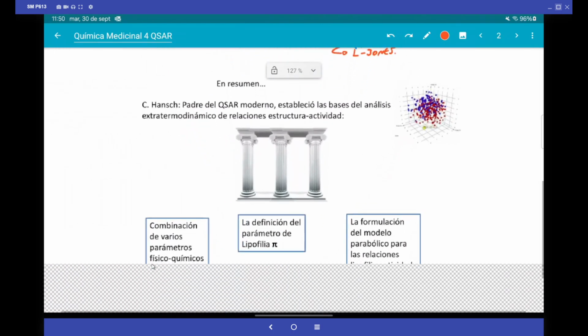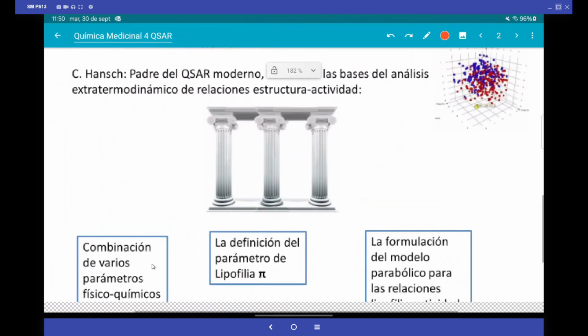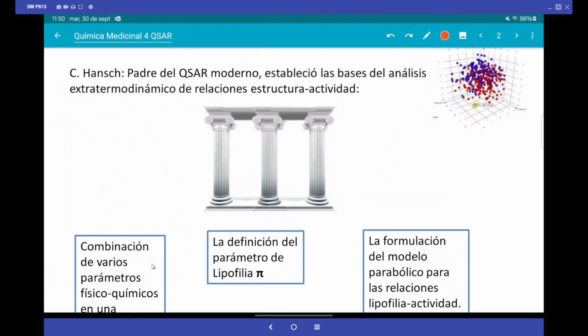In summary, Hansch, as the father of the modern QSAR, established the basis of the extra-thermodynamic analysis of structure-activity relations. We are going to have many molecules with many properties. We are going to be able to graph it and obtain some kind of equation for this set of data